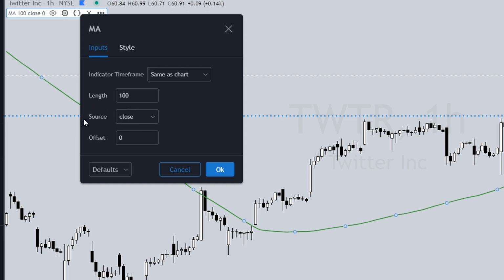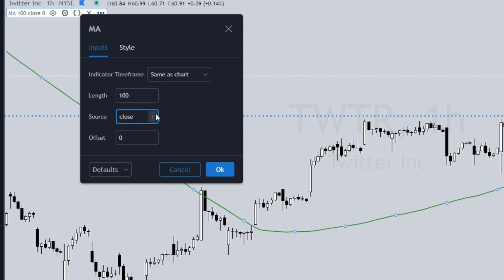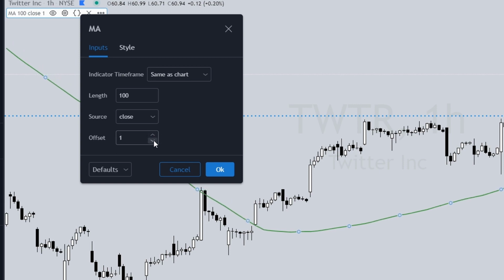Now the source area, this is what is being used to calculate the moving average. So this is the close of each of those candles. You can change that if you wanted to, to any one of these options. I personally leave it as close. That's the default, and I don't change that. Offset, now if you change this offset, you can see the line moves as you change the offset. Again, I don't use this, but that is there for you to play around with